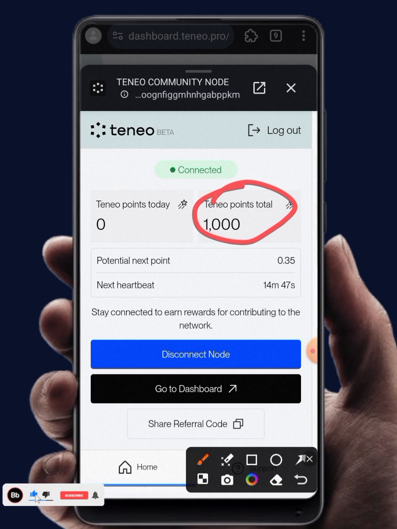The point is being added every 15 minutes. You can see that a heartbeat lasts for 15 minutes. After 15 minutes, my point will be increased. You can see potential next point. This is what you earn every 15 minutes. It keeps increasing. Okay. So from your extension here, you can click on go to dashboard to go to your